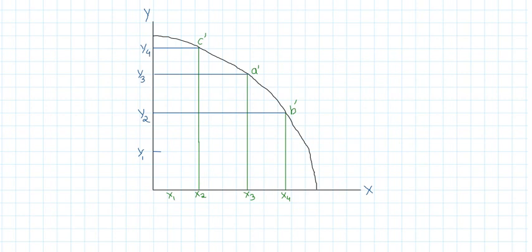So you need to recall what the PPC curve, the production possibility curve, is. Basically the production possibility curve is also known as the product transformation curve, and it shows how one commodity can be transformed into another. So if you want to increase the quantity of X, how much quantity of Y has to be sacrificed, has to be given up. And if you want to increase the quantity of output of Y commodity, how much quantity of X has to be given up. So the economic meaning of the transformation curve or PPC curve is the rate at which a commodity can be transformed into another.